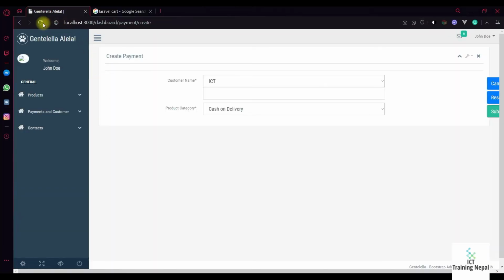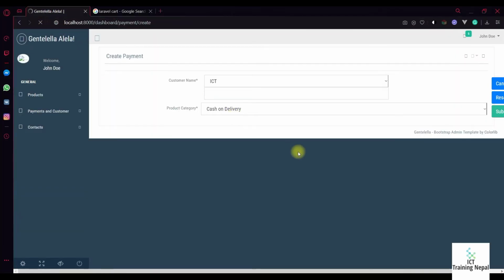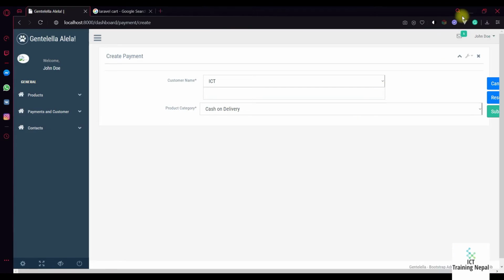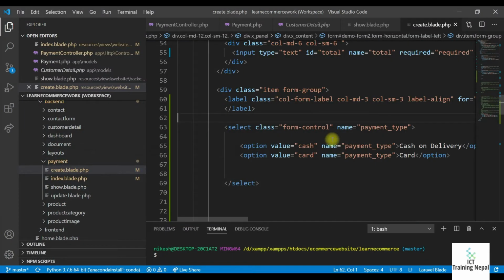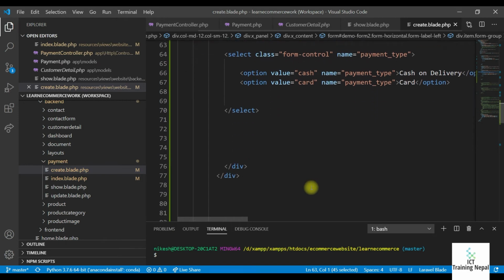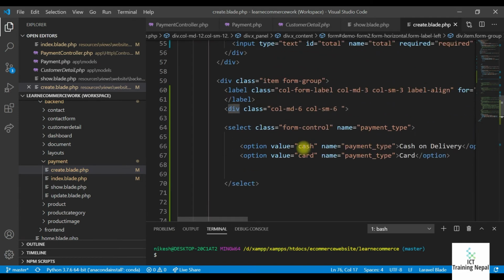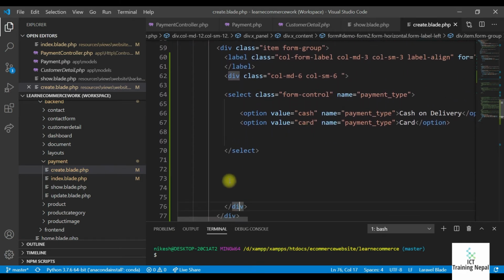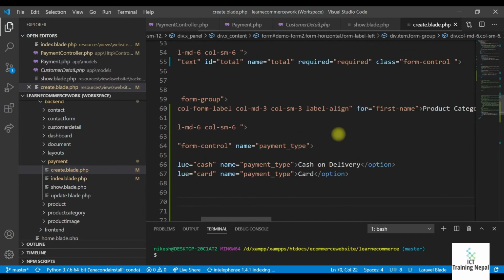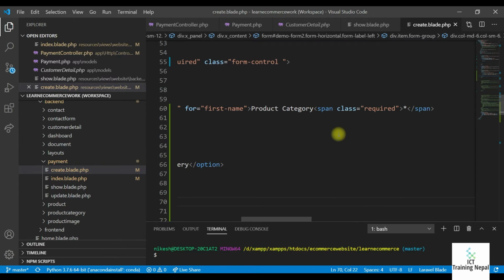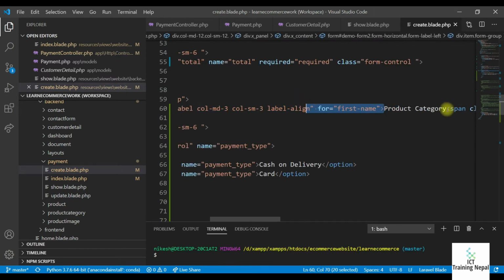Let's refresh it. I don't know what's going on here. I mean, it always happens, right? Okay, we have this div here. So here is not a problem, so the problem will be here maybe. So we have not the product category, we have